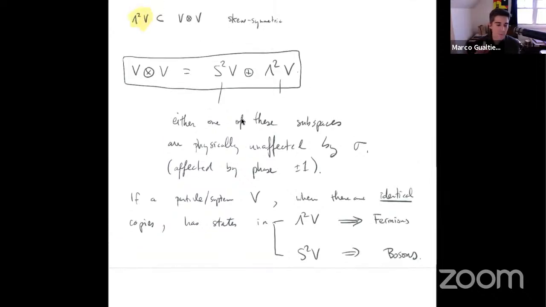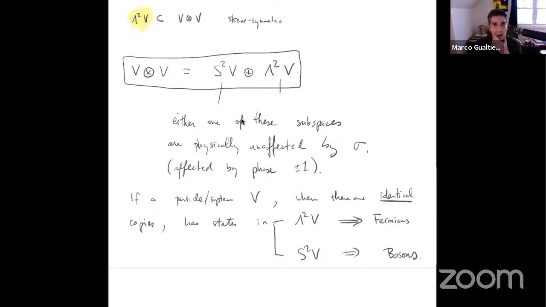Should they mathematically be treated as an element of the second symmetric power, or in the second wedge power, the skew symmetric power? And this is just a question of the mathematical model, right? As I said, so far we have no way of determining which one is which. There's two possibilities, and there's two types of particles. There's two types of elementary quantum systems. That's what I'm saying: bosons and fermions.